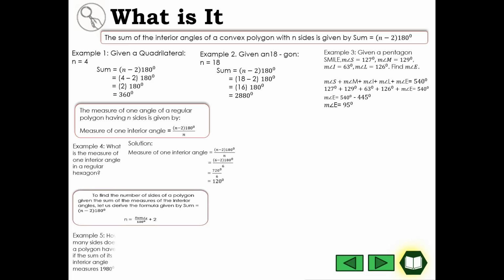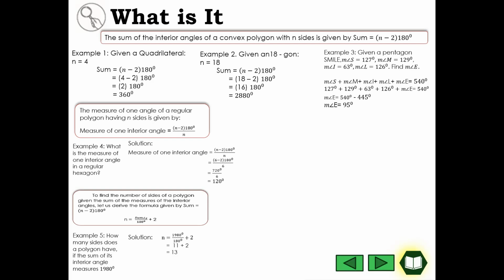Okay, let us have an example. Example number 5. How many sides does a polygon have if the sum of its interior angle measures is 1980 degrees? In this given example, we have the sum of the interior angles, but we don't know how many sides this polygon has. So in order for us to get the number of sides, we just need to follow the formula we derived a while ago. So n is equal to the sum of the interior angles, which is 1980 degrees over 180 degrees